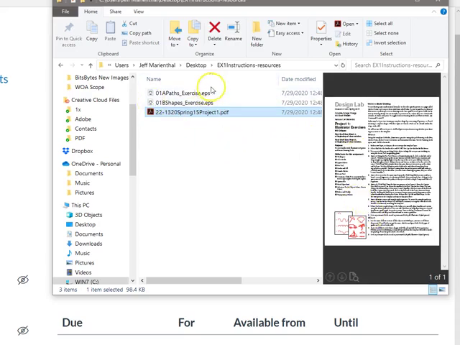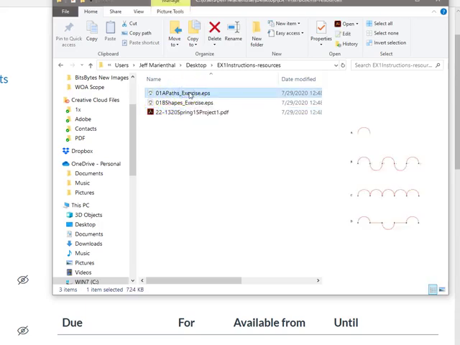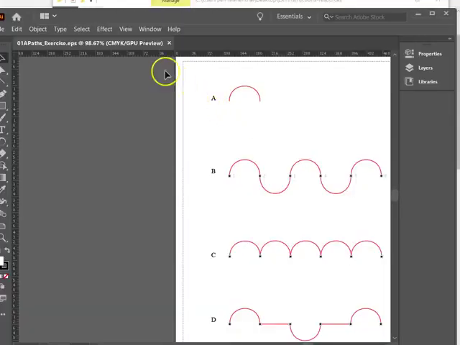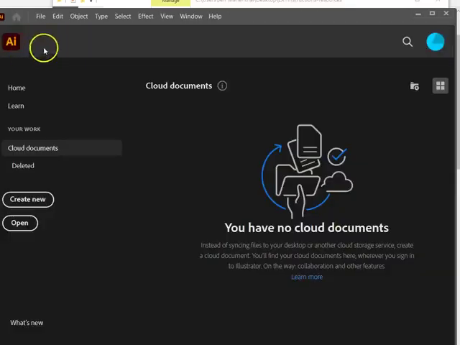and also you'll see two EPS files, 01A paths and 01B shapes. You can open that either by double-clicking on that, and it will open in Illustrator, or I'm going to Command W, close that. In Illustrator,